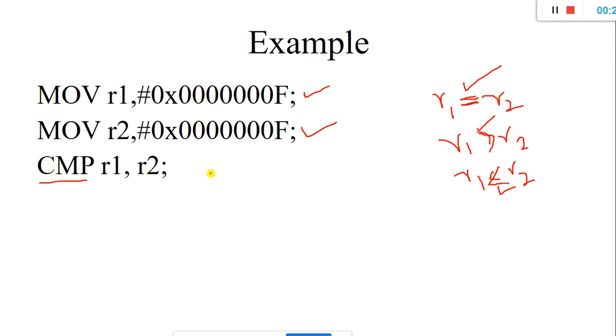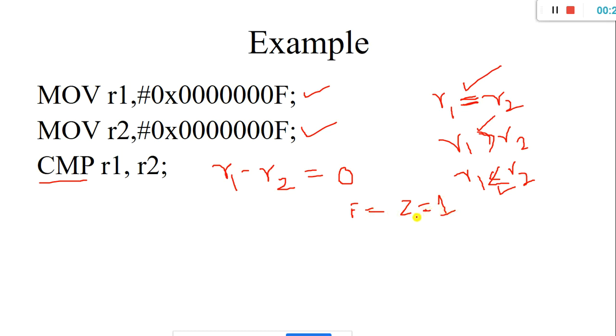It is because of the compare instruction. Inside the ALU, it will be performing this operation, R1 minus R2. What happens here? If both are equal, then my output would be 0. Now, based upon this, I go for changing my flag status. Here I will make my zero flag go high. That's it.